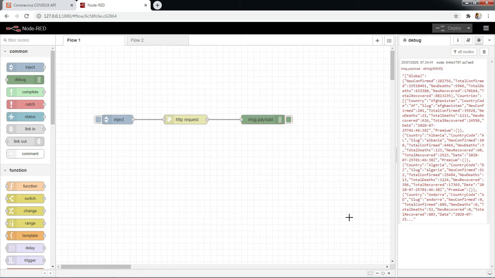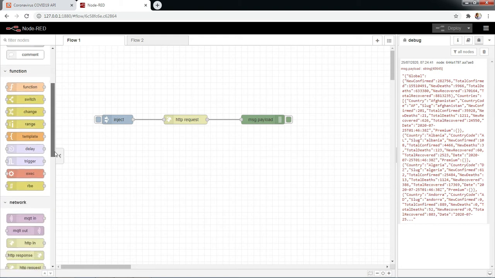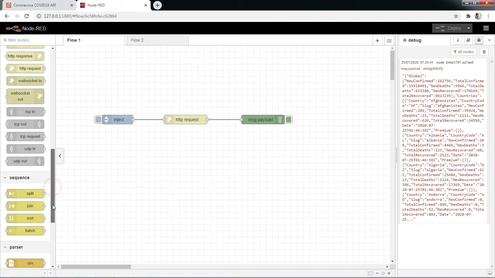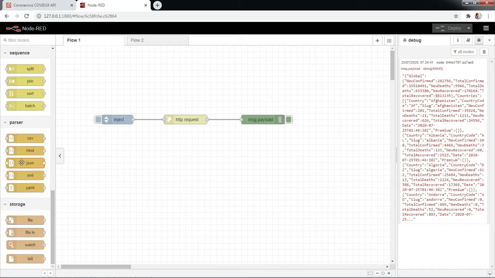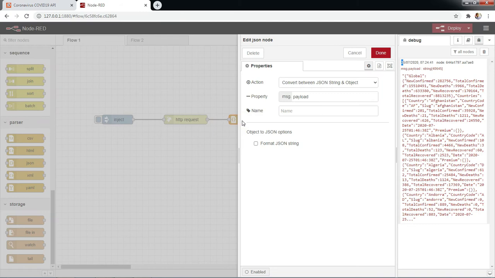We will convert this data into standard JSON format. So let's use the JSON node. Just drag and drop the JSON node in the middle of the HTTP request and message payload. JSON format, standard JSON.